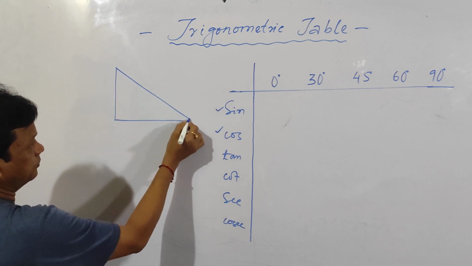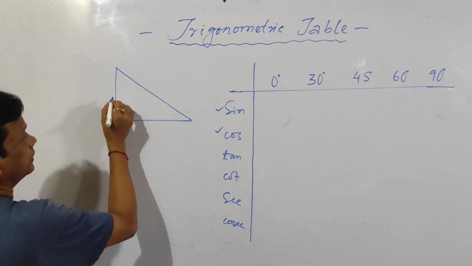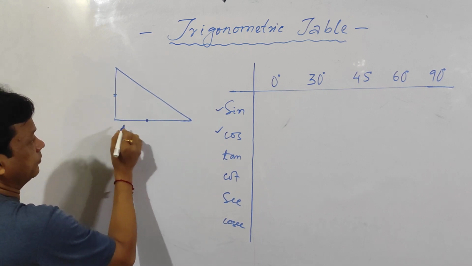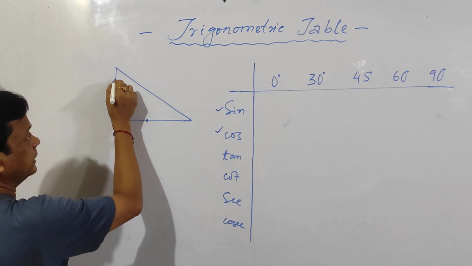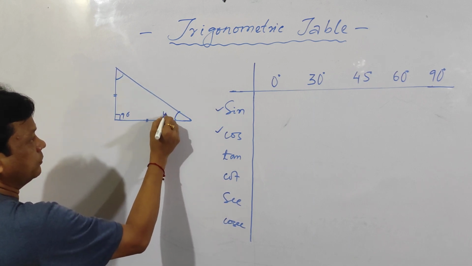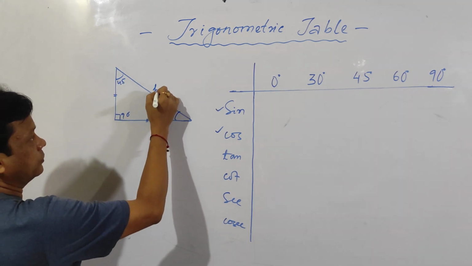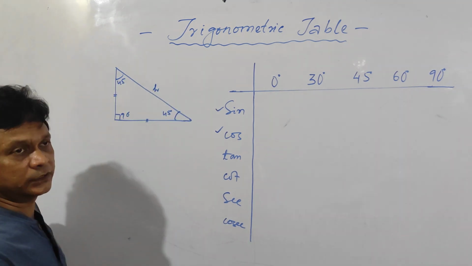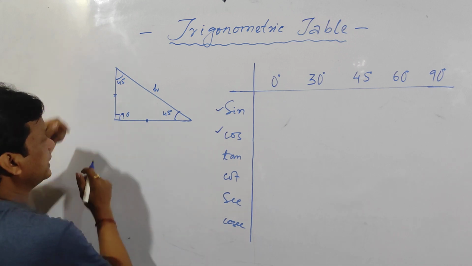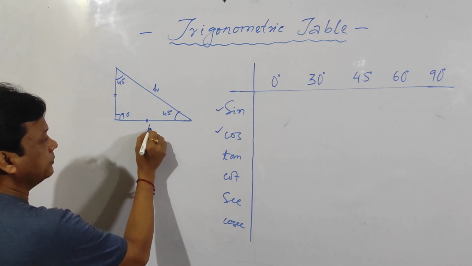Let us take a right angle triangle, so that these two sides are the same. That means this is 90 degrees, so this angle must be equal to this angle. So this will be 45 degree, this will be 45 degree. This is the hypotenuse. Clear? And since these two sides are the same, I can take, this is the B